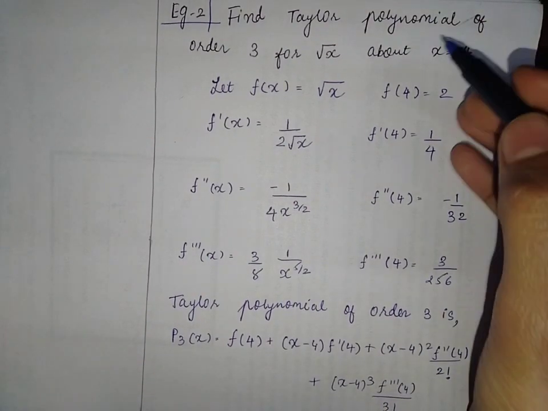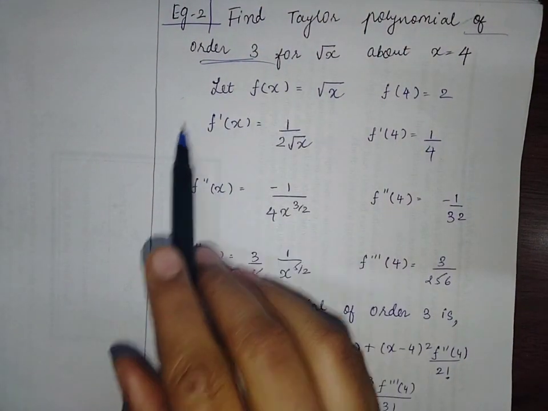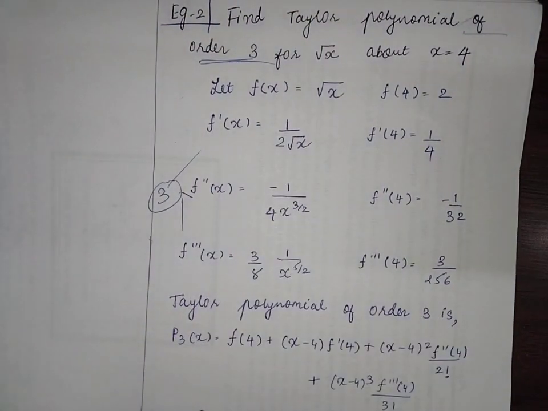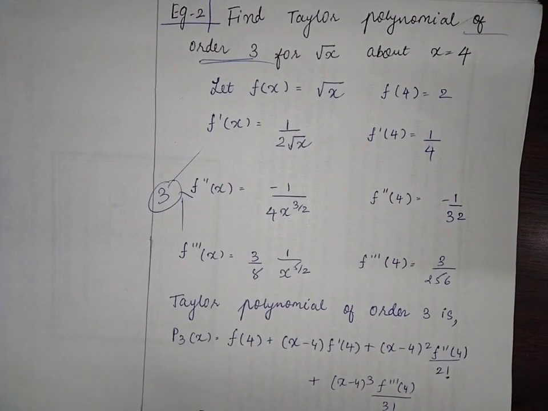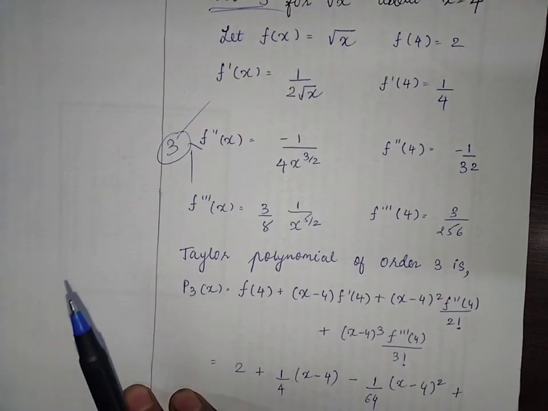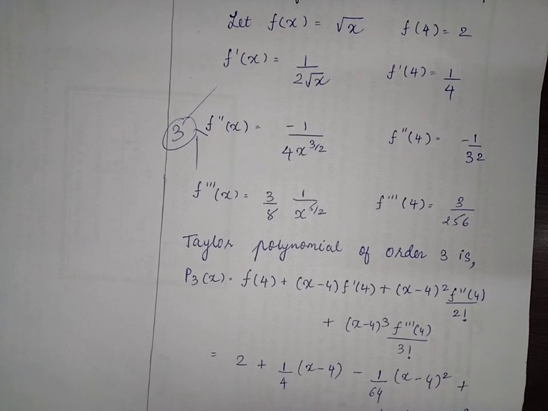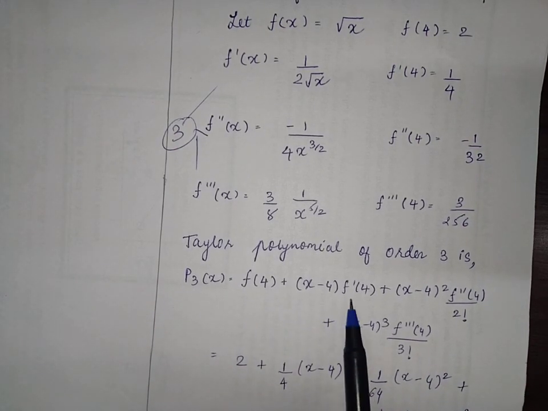Now here it is said that up to order 3. So we have calculated derivatives up to order 3. Okay. And in the first example the order was not given, so you have to do up to 3 or 4 orders. But here it is given that up to order 3. So we have calculated 3 derivatives up to order 3, and then we will put its values in the standard Taylor polynomial formula. So we will get f of 4 plus x minus 4 into f dash of 4 plus